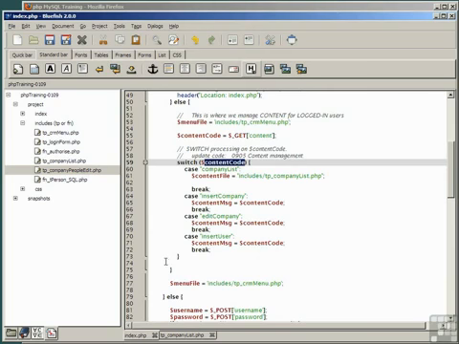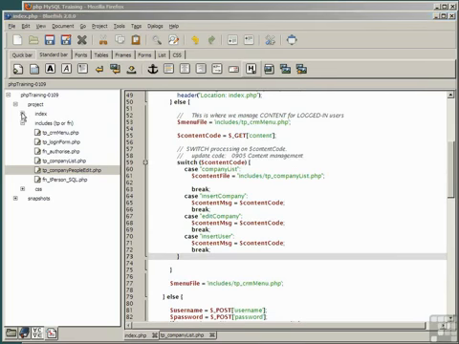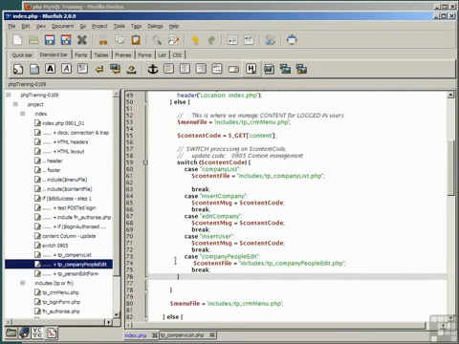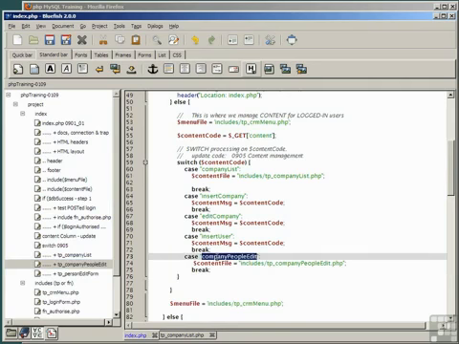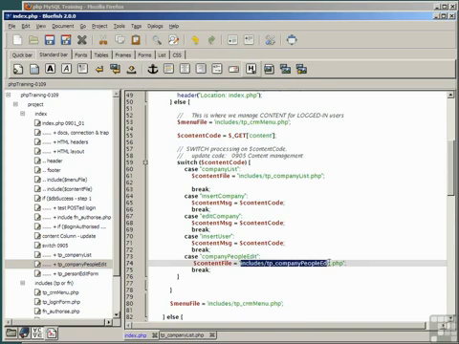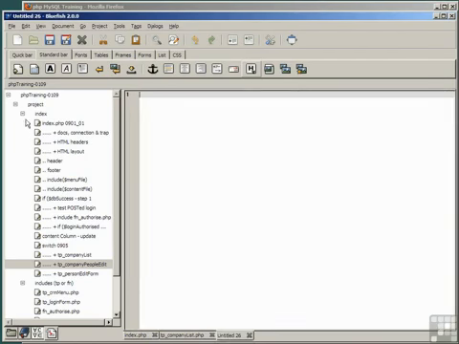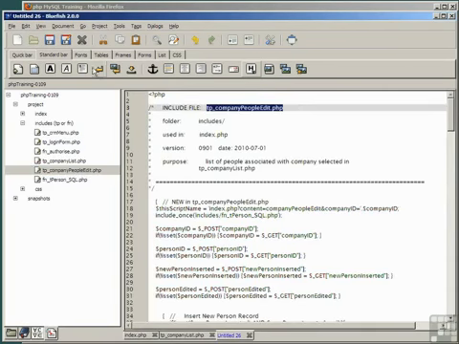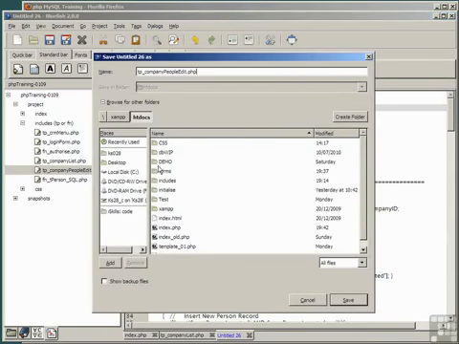So what we want is another case statement within our switch construct, which we'll get by pasting the snippet index TP company people edit. That provides another case statement where content code has the value company people edit and draws upon the include file TP company people edit, which of course we're yet to create. Let's save the index file and create in a new code pane the company people edit file. Save the file in the includes folder,